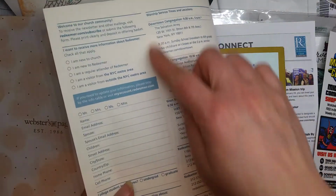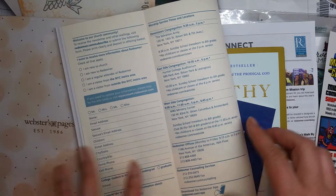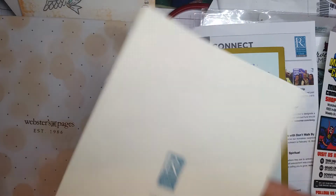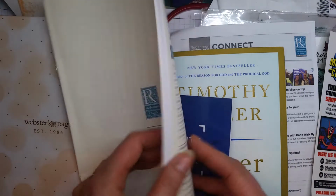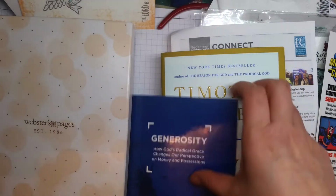Really useful. And then this was great. This is at the back. You could fill in a form and tear it off and hand it in if you were new, visiting. So if you're in New York and you fancy going to a really amazing church, then look up Redeemer Presbyterian Church. And if you can't get there, do go on their website. There's lots and lots of